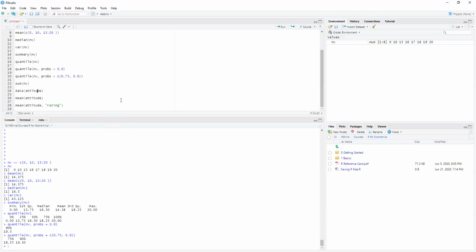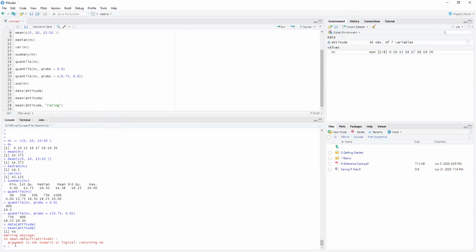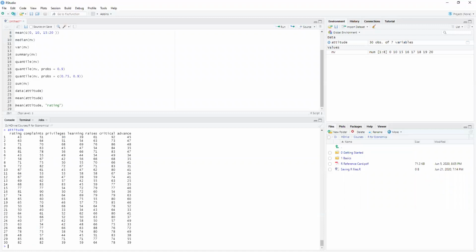So let's get a data frame in here. And now we have our attitude and our mean of our attitude. There's our variable. And if we type mean of attitude,